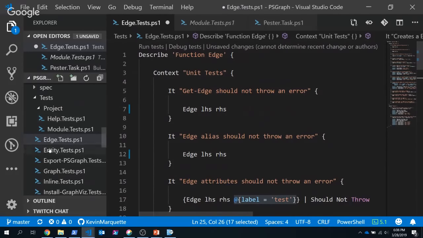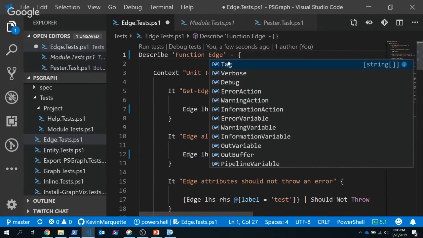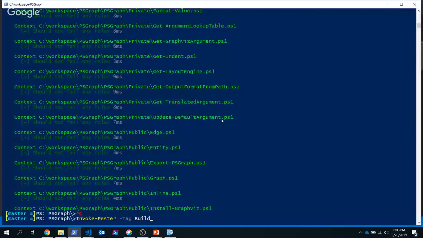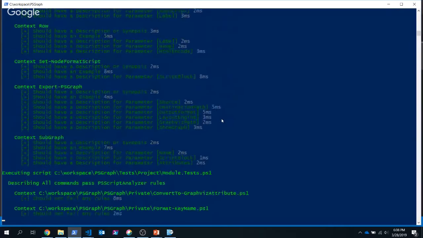I don't have any labels in these guys. Some of my projects I use labels, and you can take a describe and say, I need to give this guy a special label, call it a tag, so it only happens at build time. And then when I come back over to Pester, I can say invoke Pester tag build, and it'll go through and only run